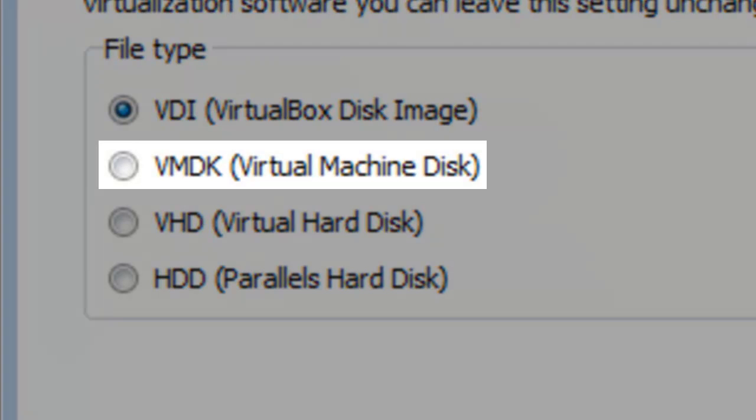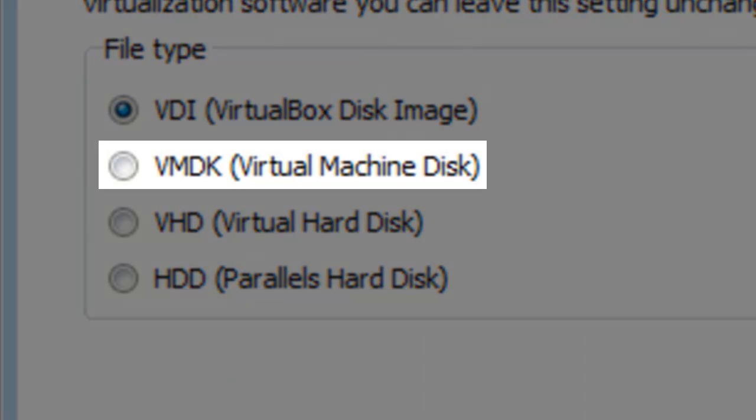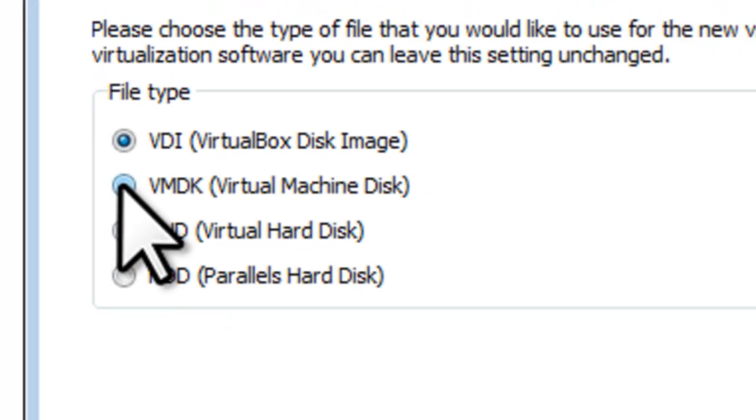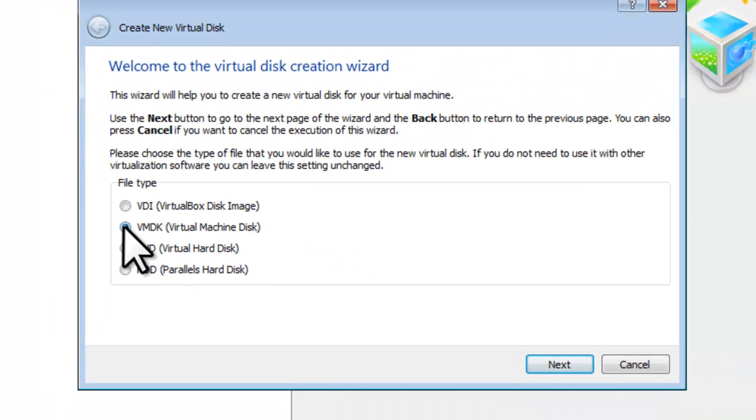I like to change this to VMDK, or Virtual Machine Disk. VMDK is a disk image format developed by VMware. Changing this to VMDK allows it to be easily transferred to a computer running VMware. Click to select the radio button next to VMDK, a Virtual Machine Disk, and click the Next button.